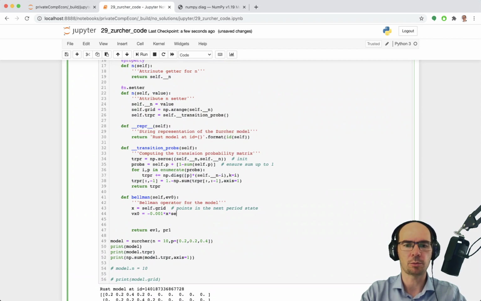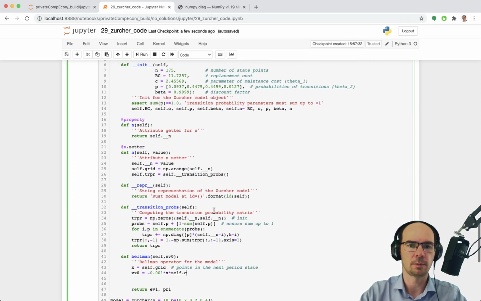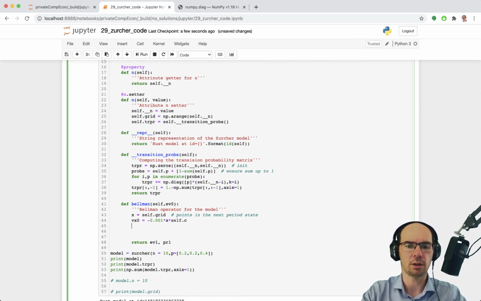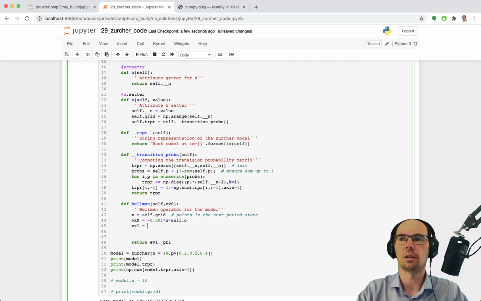And the cost parameter is, of course, self.c from here. That's the cost. That's the Vx naught. Now Vx1, the deterministic part of the choice-specific value function in case of replacement, is going to